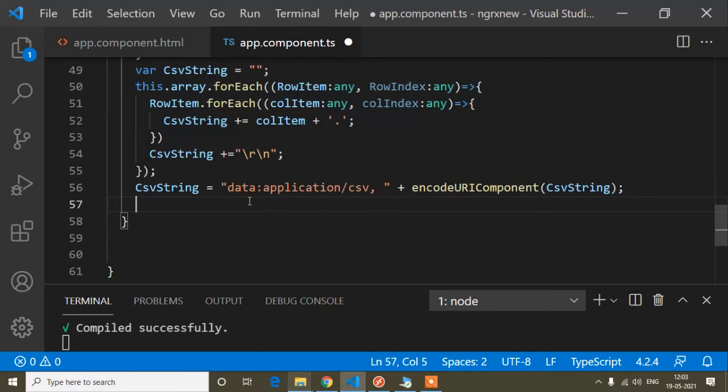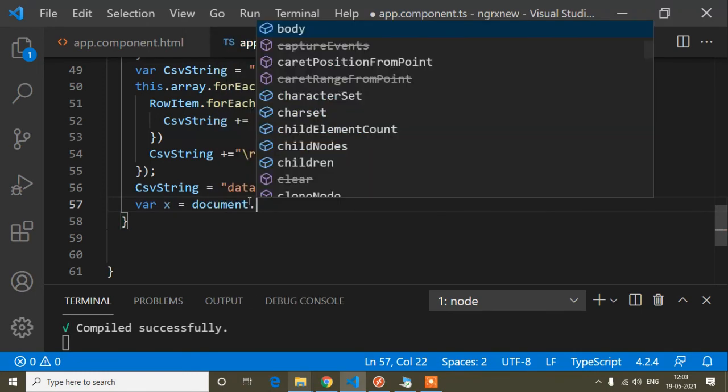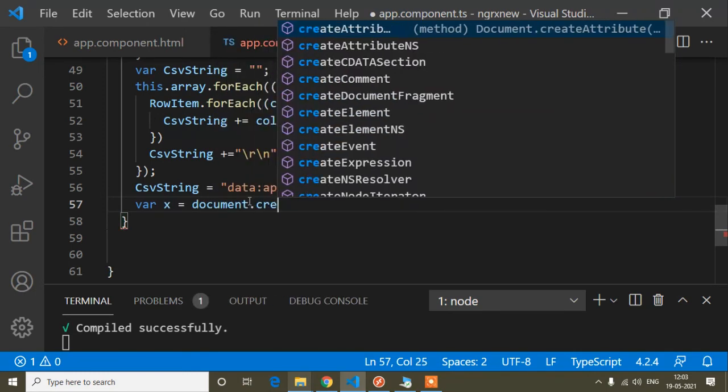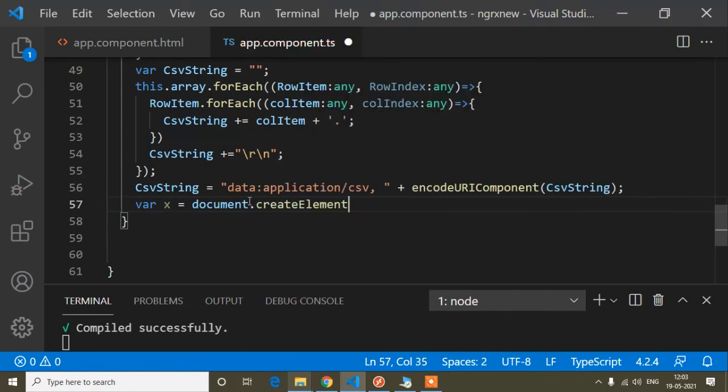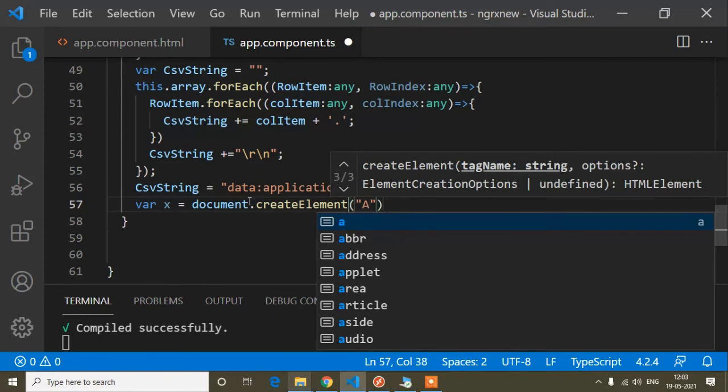So for that, we have to create an anchor tag dynamically. Here I will write var x, but you can write any variable name. Then document.createElement('a'), because I want to create an anchor tag.